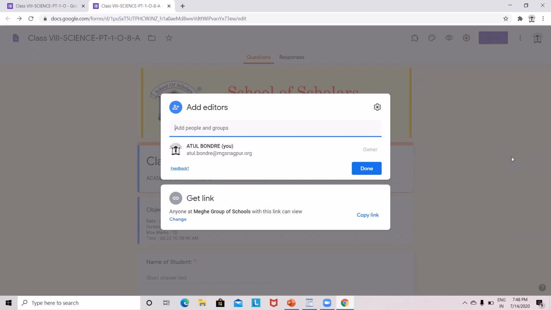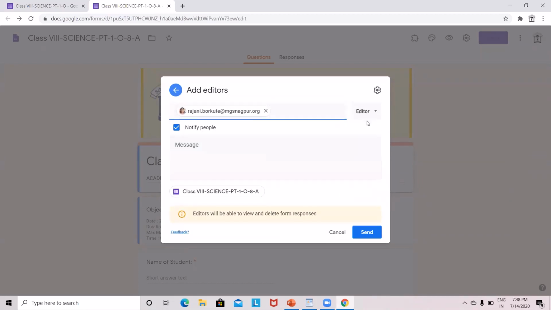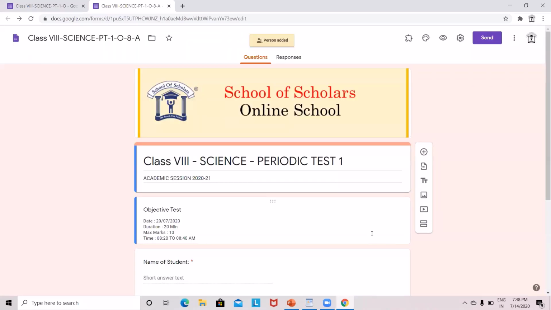In this case, the exam in charge will add Rajni ma'am with the mgsnagpur.org ID as a collaborator. Give the editor's right from here and click on Send. The exam in charge will repeat the same process for sections 8th B, 8th C, 8th D and 8th E, and will add the particular subject teacher as a collaborator.